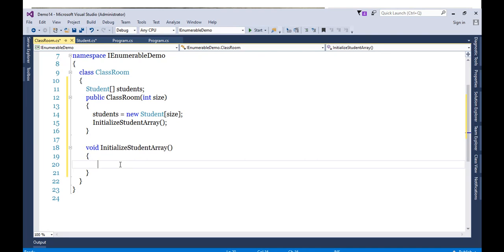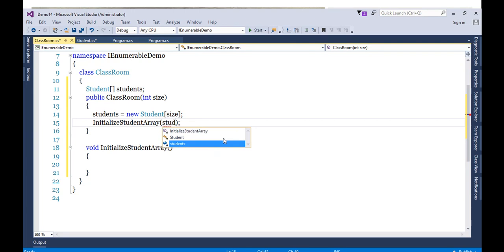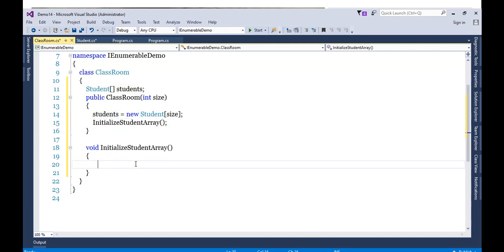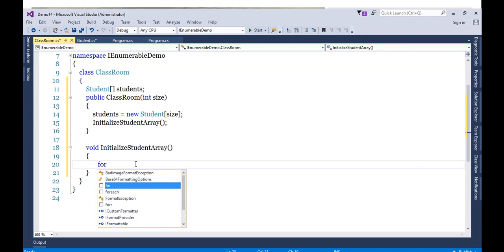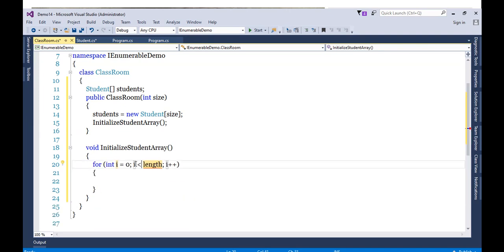You may take these values from the user. It's up to you. So this will take one parameter, which is a student's reference, I guess. Or let's do one thing. Let's do it here only. That will be better. So for int i equals 0 and all that, students dot length. Okay, let's go ahead and initialize it.